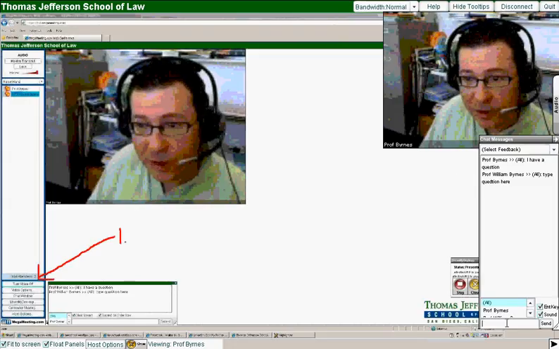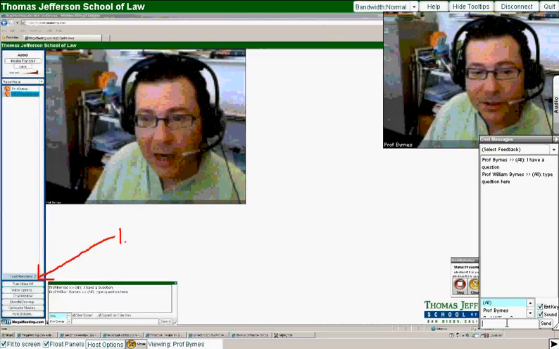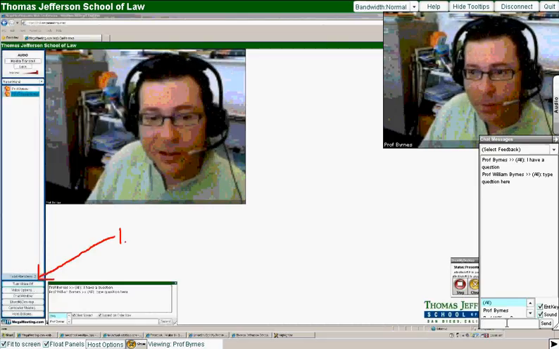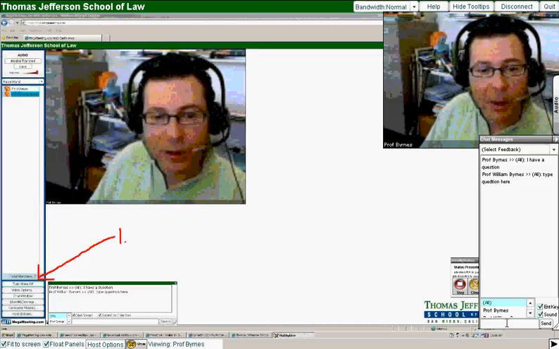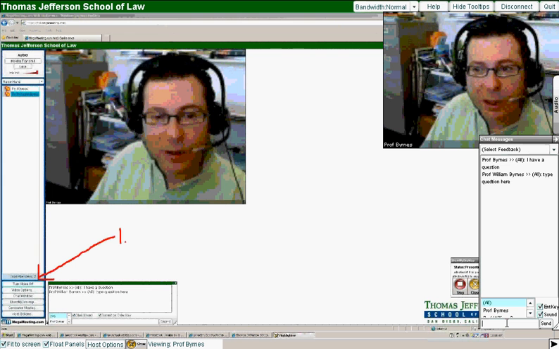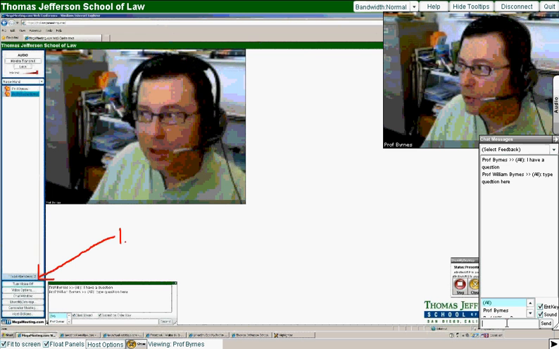The second thing I can do to improve my audio is putting an arrow to it at the top of my screen. I can change my bandwidth, which is set for normal bandwidth usage, to optimize audio. So I'm going to go ahead and click on bandwidth normal, and we see from